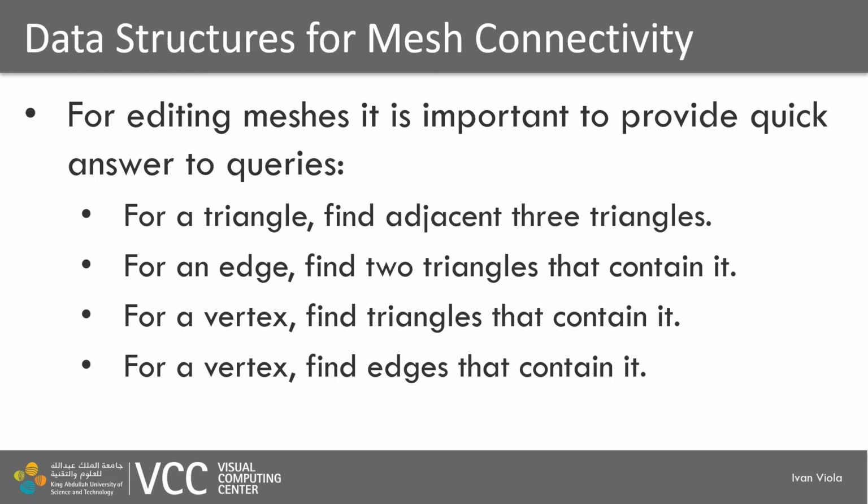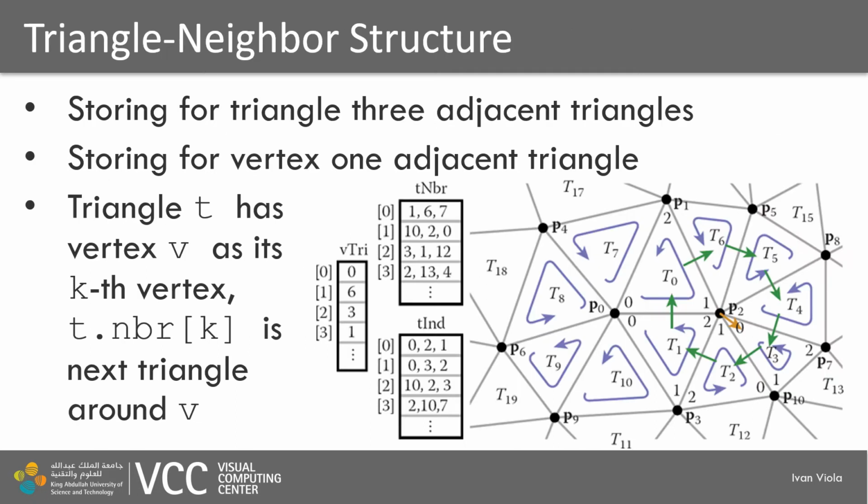However, finding them will require certain computational complexity. And optimally, we would like to find them in a constant time, meaning that we will not need to iterate through the entire lists or arrays in order to find the necessary information. So let's have a look at data structures which are enabling to search quickly in meshes to find the necessary information. The first representation